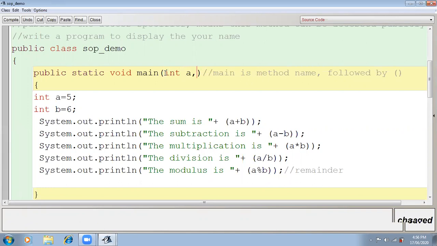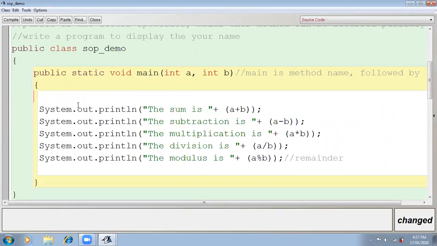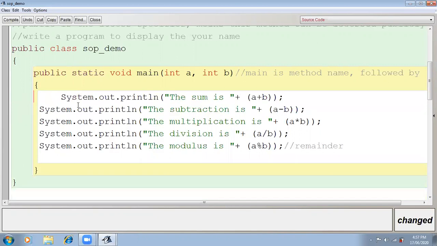So here I will write int a comma int b. In place of this initialization, I will just declare the variable in the method call. This is one of the ways to take input from the user. If I want to take two integer variables, I will not initialize here.